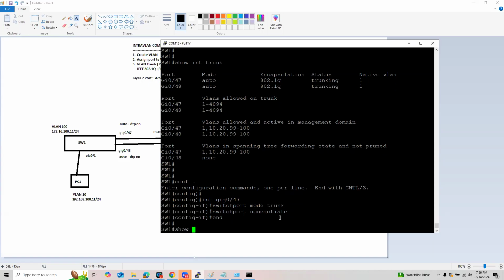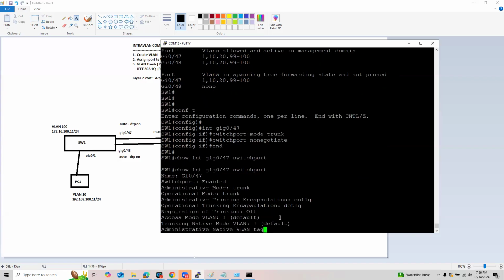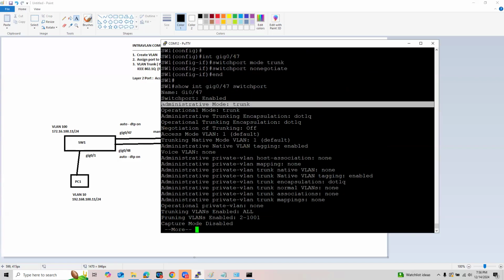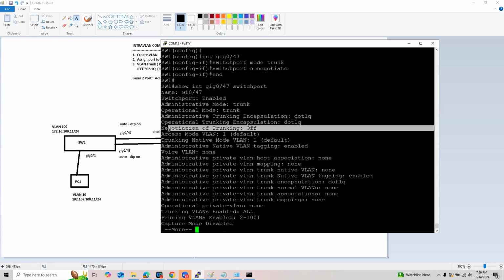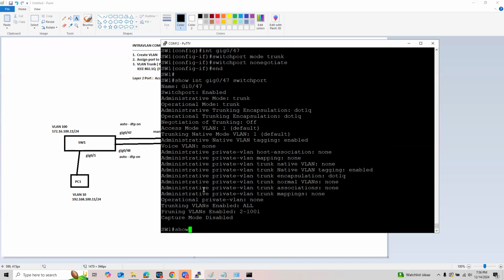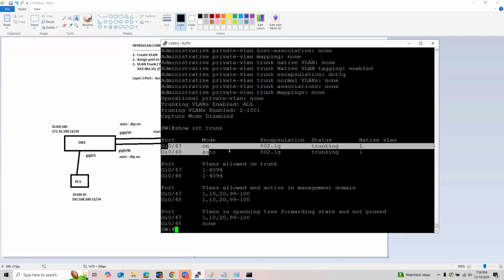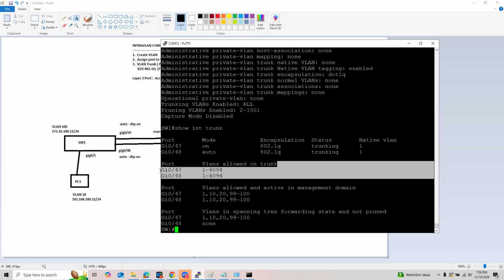So show interface gigabit 0/47 switchport. Right now it's a trunk, it's manually configured, and negotiation of trunking is also now off. All right. Show interface trunk here. By default, all VLANs are allowed on ports 47 and 48.